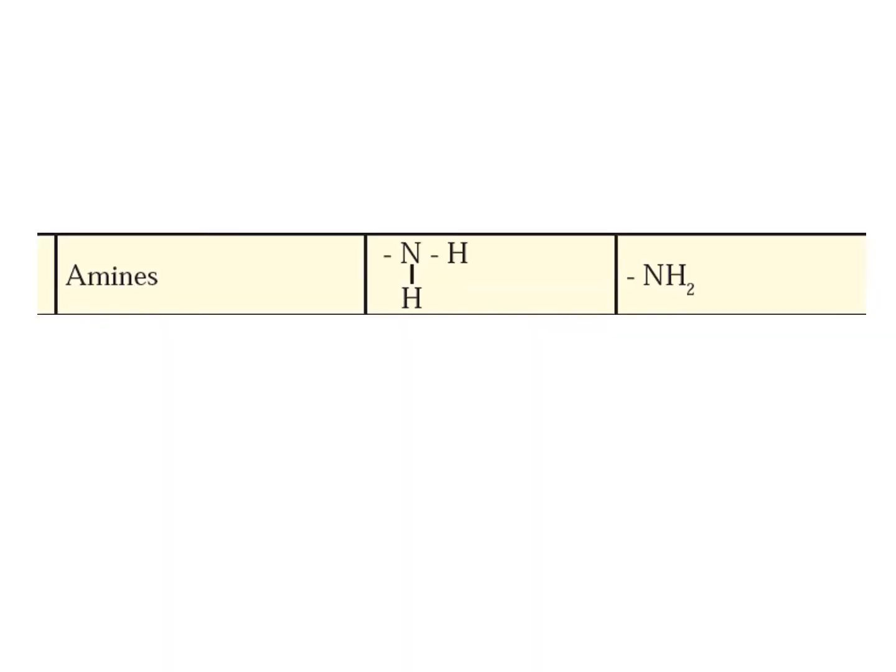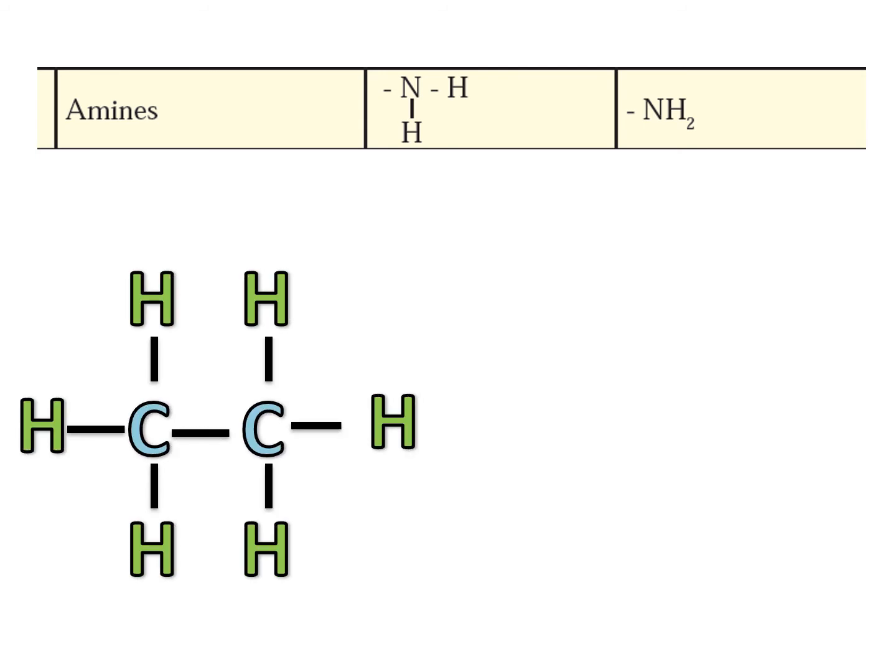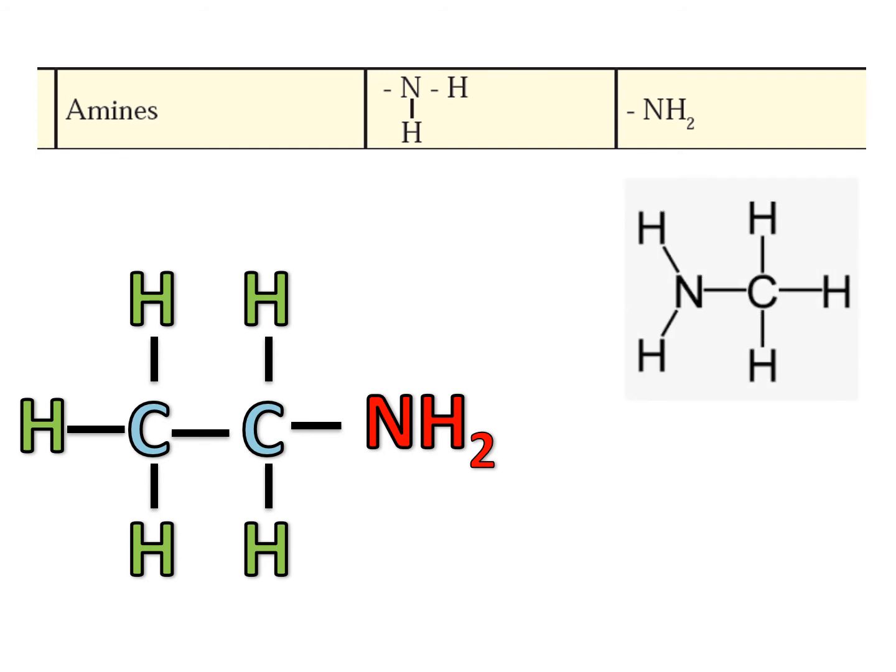Let's move to the last functional group, that is amine. Amine is nothing but NHH, which is also read as NH2. We will take an alkane. This is nothing but ethane. When I replace the hydrogen with NH2, this becomes my amine. Let's see one example. Here, CH3NH2. So this is your amine where the hydrogen is replaced with the NH2 group. So in all the previous functional groups, you see that the hydrogen is being replaced with one of the functional groups.